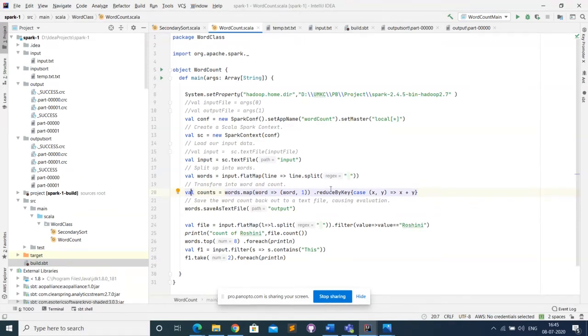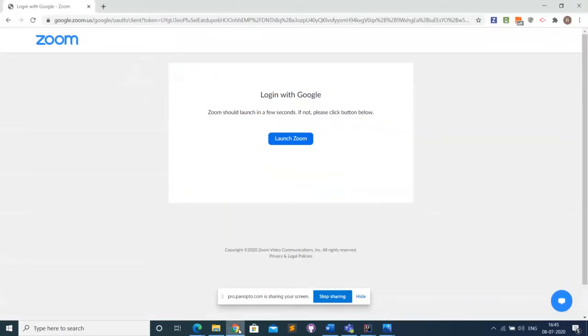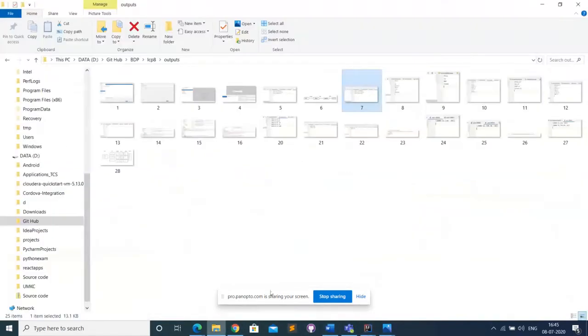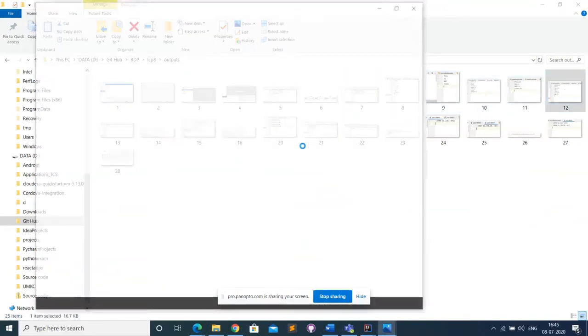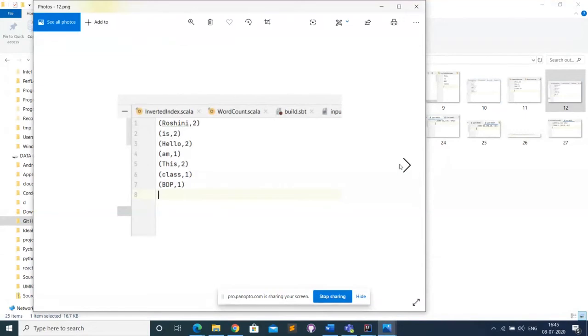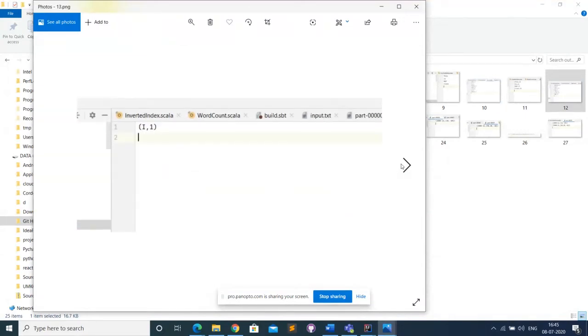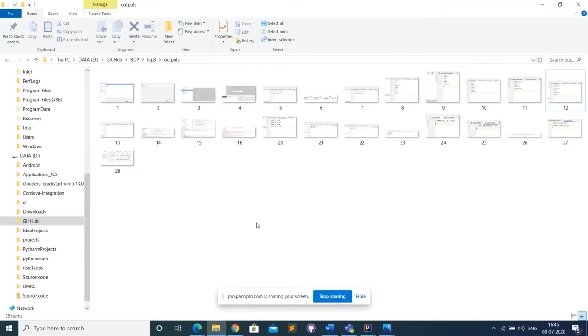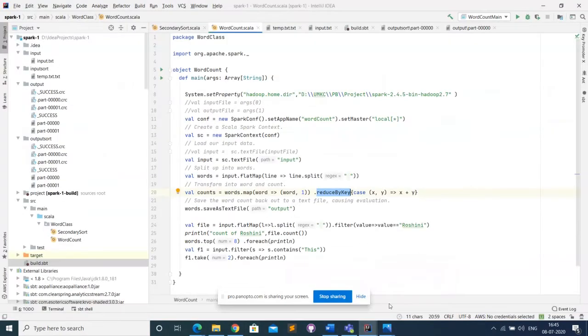Then after that, we are using reduce by key, where each and every word is going to get counted here. The count is going to increment, and this output looks in the following fashion. After this complete mapping, it is going to look like this, as you have already seen in the flow chart. So this is the end of how this output is going to come in the word count. So let's look at a few operations here.